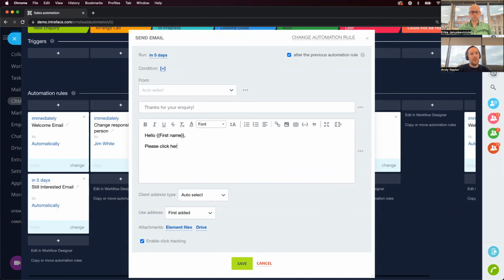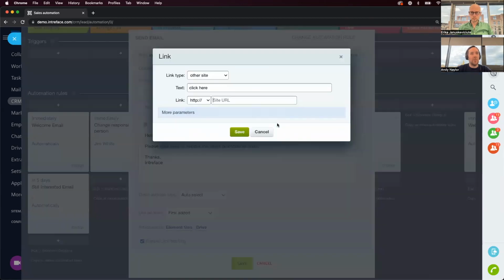Please click here to, and then we could say thanks, Interface. So what we would do here is we would just hover over the click here, click on the little link icon at the top on here, and then we could say